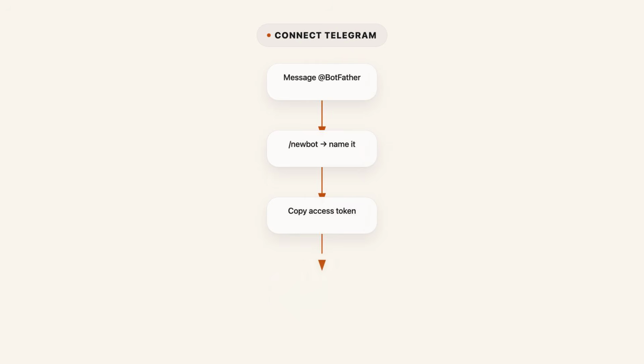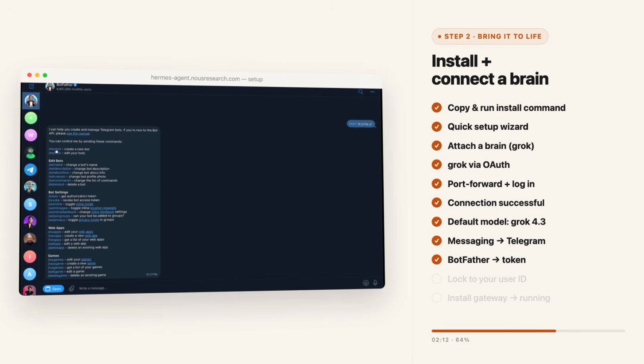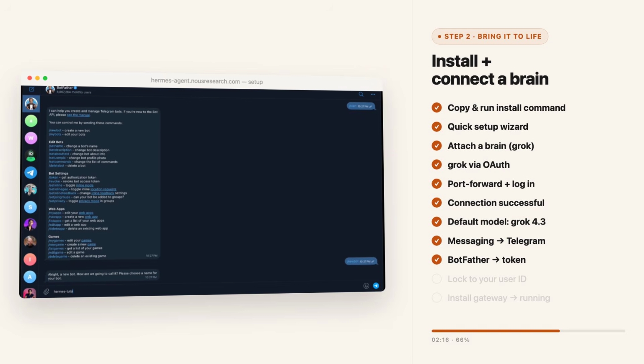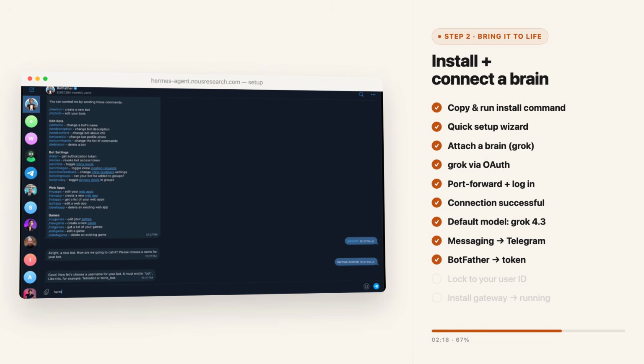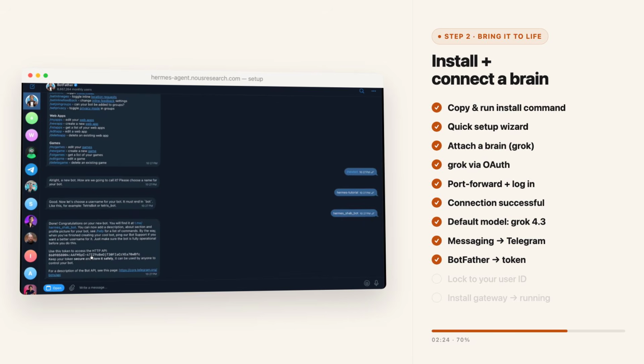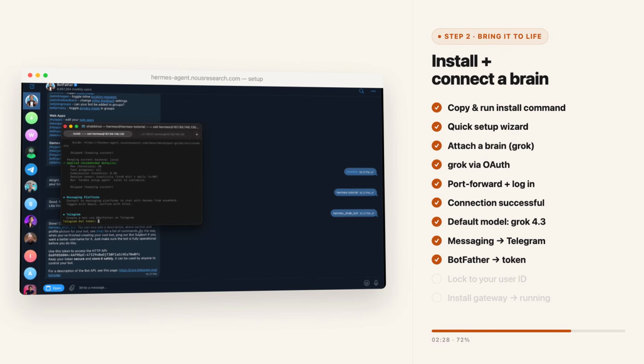it's going to ask me for a Telegram bot token. I'm going to find a user called BotFather and start a chat with him. Then click new bot to create a new bot. Give it a name, Hermes tutorial. Give it a username, so call it Hermes Shab Bot. And it's going to give you an access token. So click on the access token to copy it. Come back into the terminal and paste that